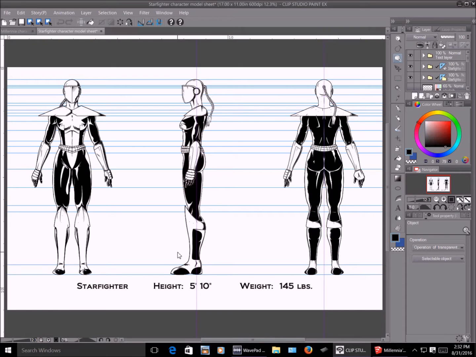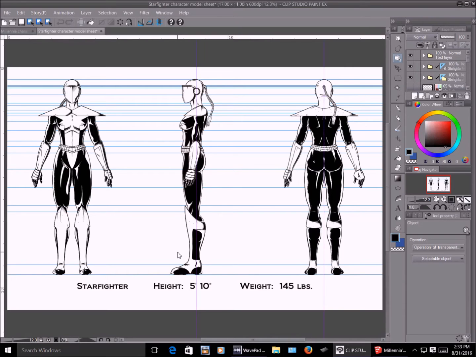The only way 3D models can be read in Manga Studio or Clip Paint Studio, I still call it Manga Studio, is if it's saved in an OBJ format. And unless you own the full version of Google SketchUp, the free version does not come with the compatibility to convert those files for something that Manga Studio can read.